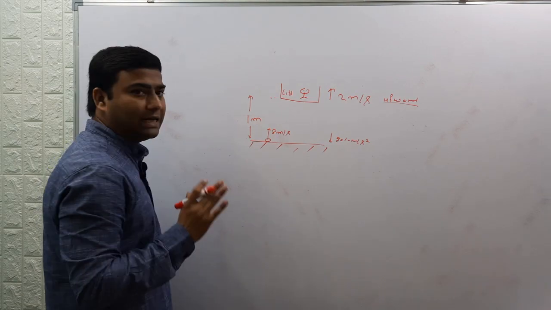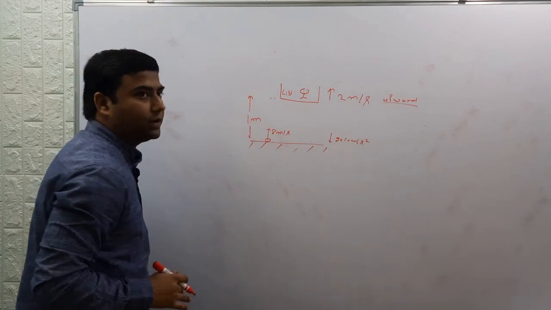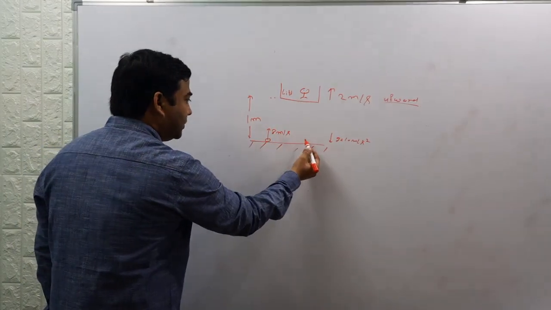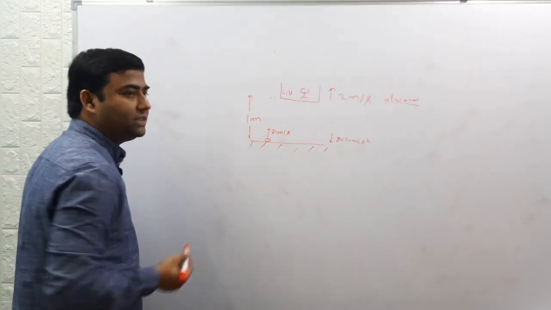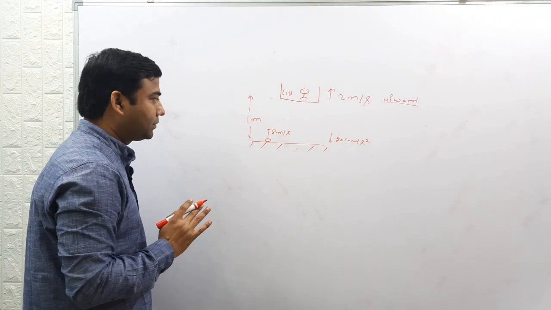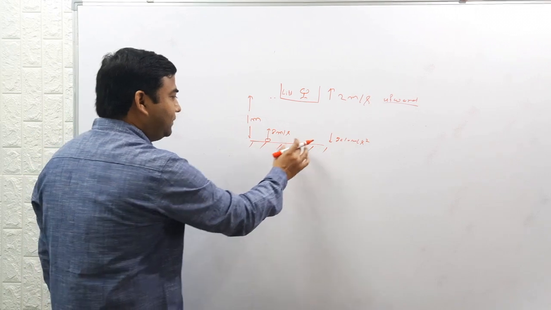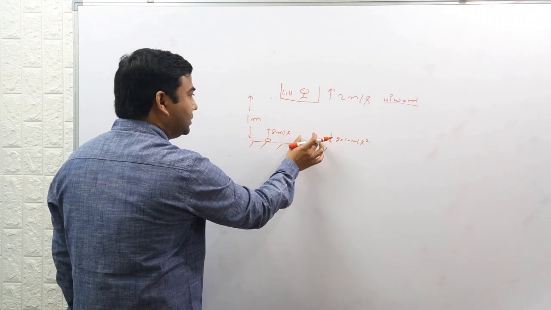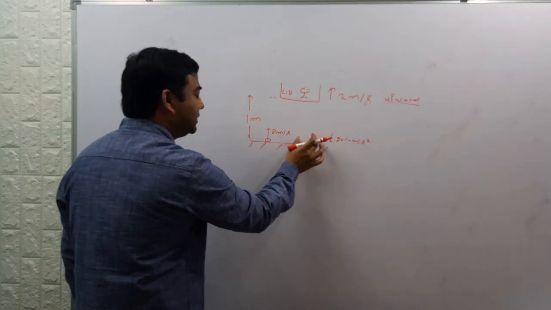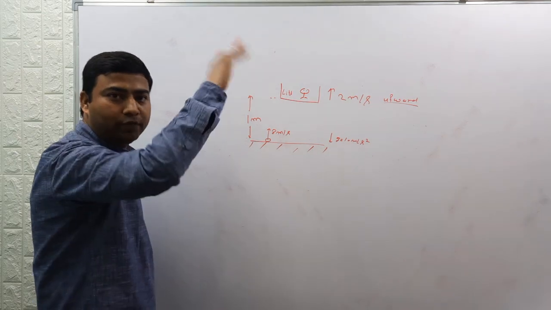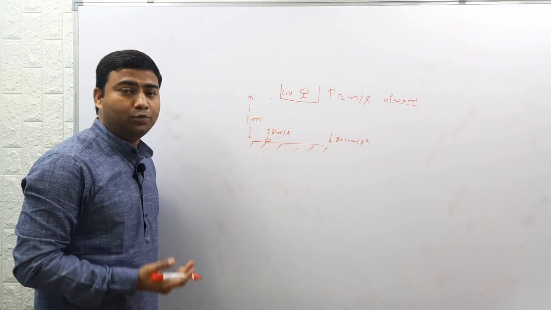So here this lift can be assumed as a reference frame. The lift can be assumed as a reference frame moving upward. From the ground we see that the initial velocity of this object is 8 meters per second. So if I change my position from the ground to the lift, which is moving, and from there I am observing this projected object,